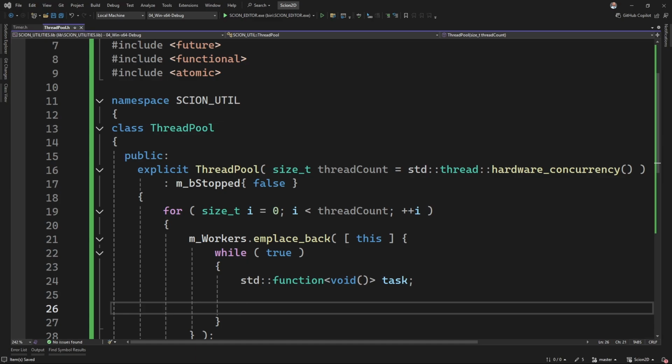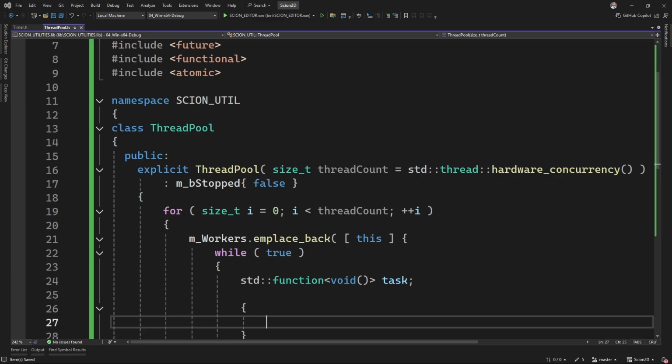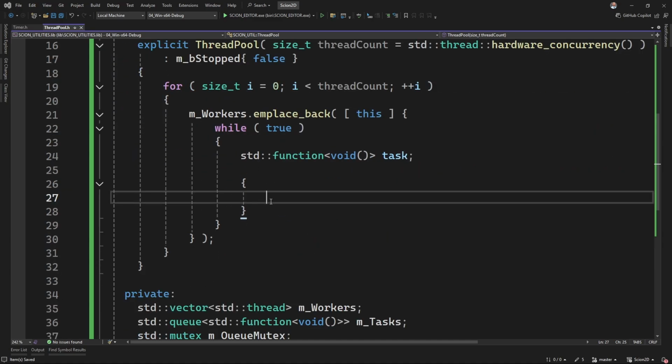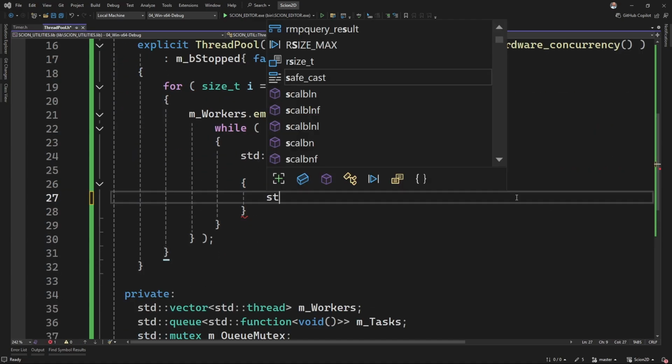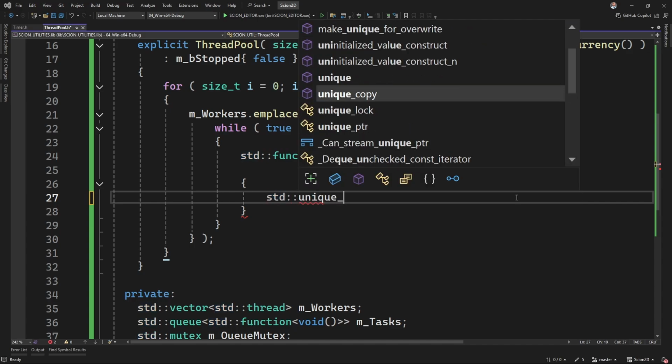Now we're going to want to create a separate scope. The reason why I want to create this separate scope is because we're going to use a unique lock. And this will allow us to lock and unlock itself once it leaves the scope. So it'll lock itself here, and then as soon as it leaves the scope, it'll unlock that lock. Okay? std::unique_lock